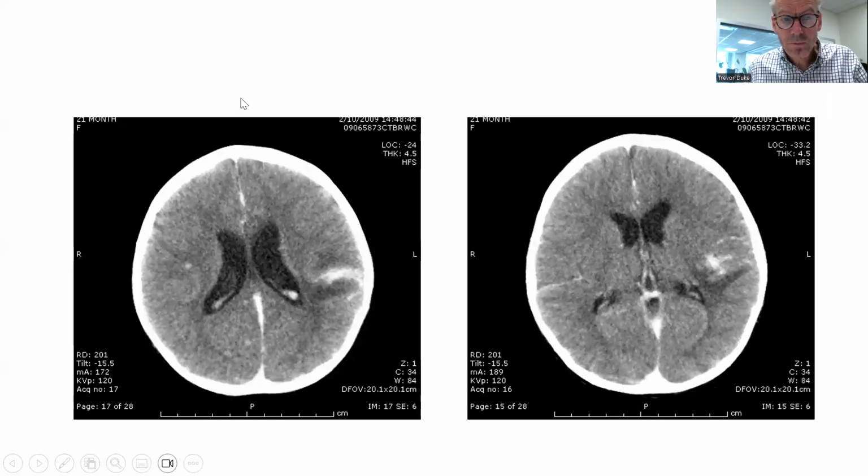So when you're doing a scan, it's important to know whether contrast has been given or not given. And the reason for that is that anything that's white in the absence of contrast is likely to be blood. Whereas if you've got no abnormal whiteness or hyperdensity within the brain in the absence of contrast,